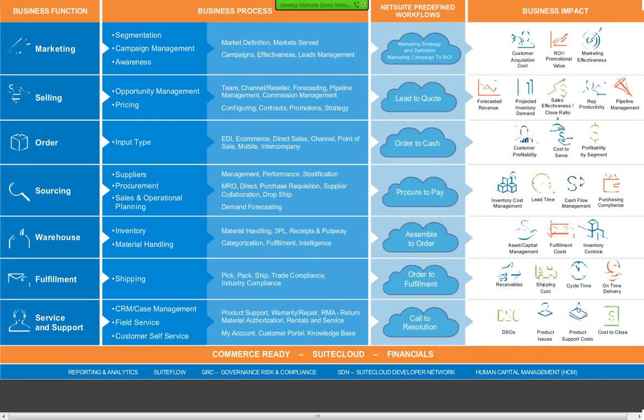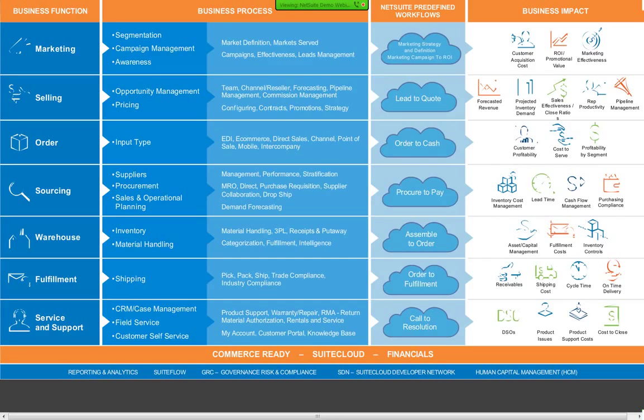So with that, I'm just going to do one last slide before we jump into the demo. This is the NetSuite wholesale distribution value chain, looking at it from marketing all the way to after-sales service and support. NetSuite provides a complete platform to drive the entire business. Now, John is going to show you some examples of how we do order to cash, how we do procure to pay, and give you some perspective of how the system works.